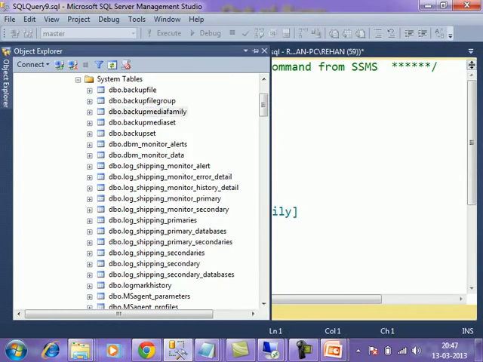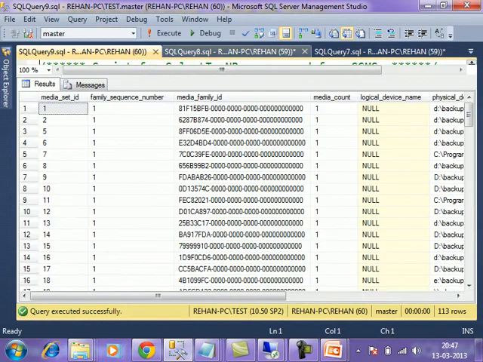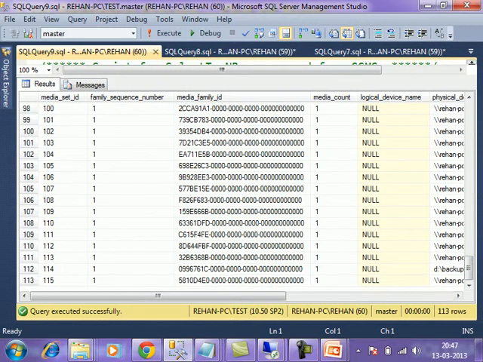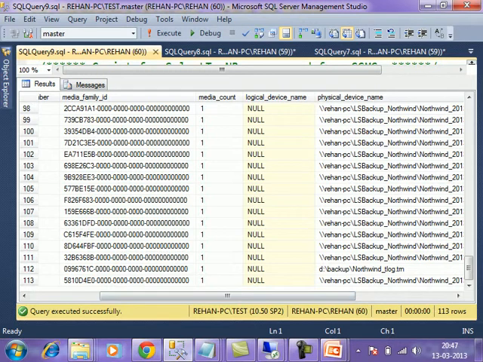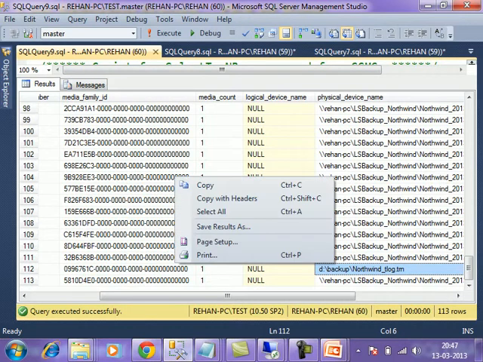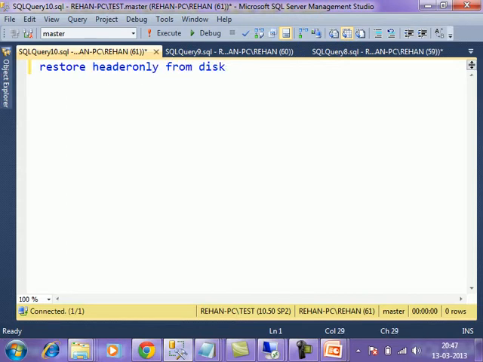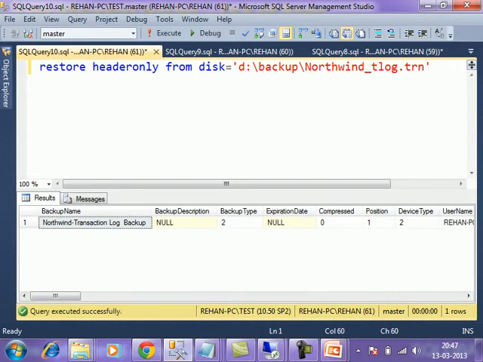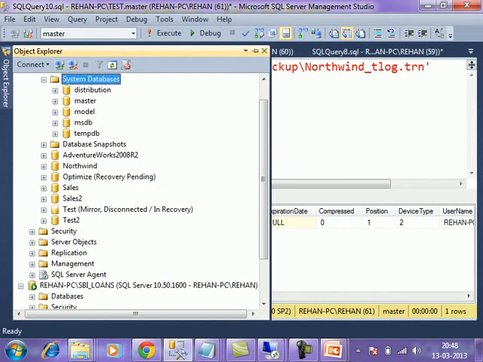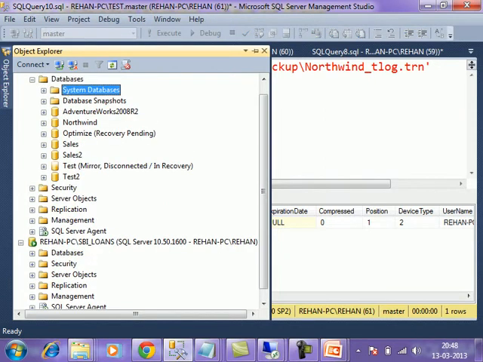Media families here. What are the means to check the backups information already we have seen. .trn we have said. From disk is equal to, backup type 2 is there, correct, only log backup, but bulk log recovery model is it. That's why I think it has taken from the data file.